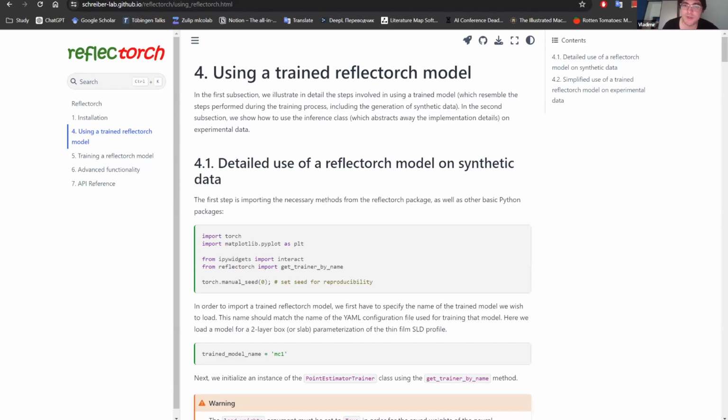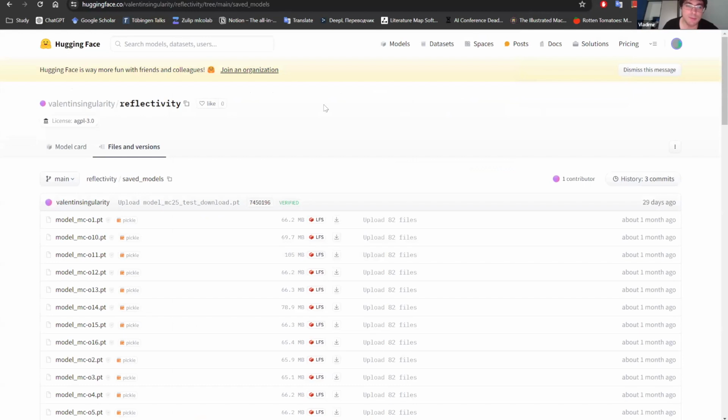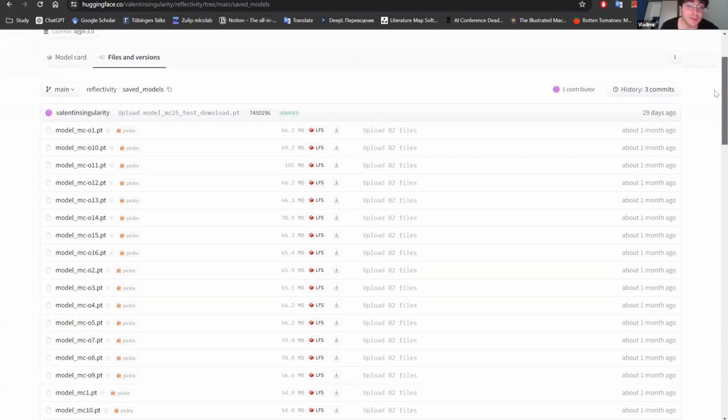And this is what we are trying to do, and this is what we're aiming to do. And this is the repository on Hugging Face. For those of you who don't know, Hugging Face is the leading platform. It's basically GitHub for machine learning models, so to say. It's the place where you can freely put your machine learning models and then load them in a very user-friendly style from your code and use directly.